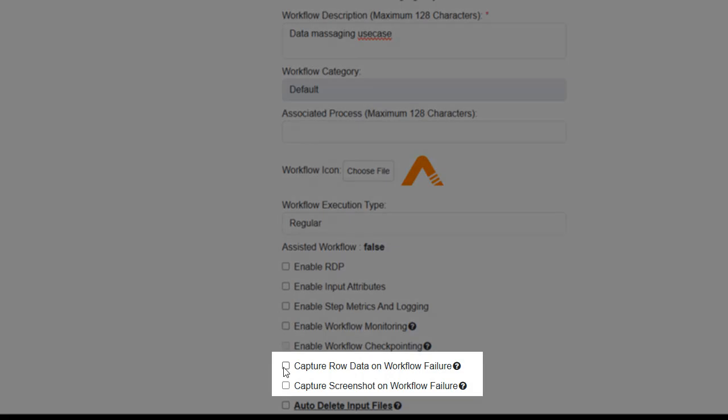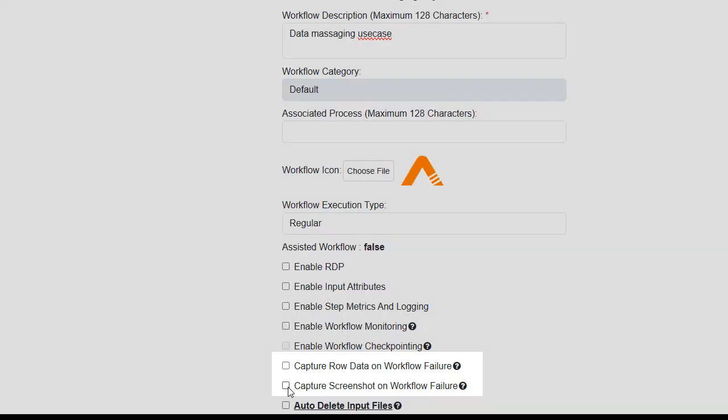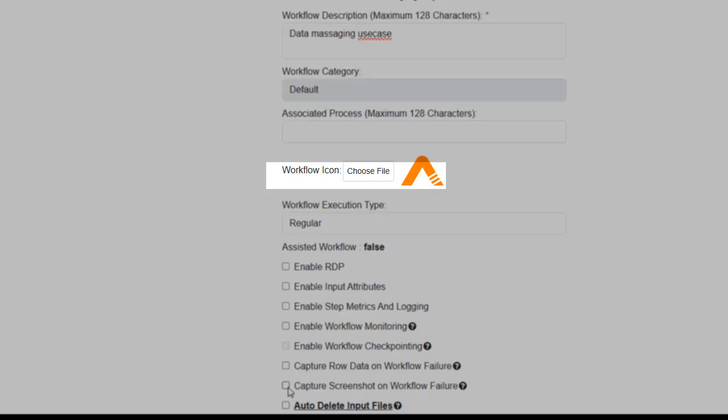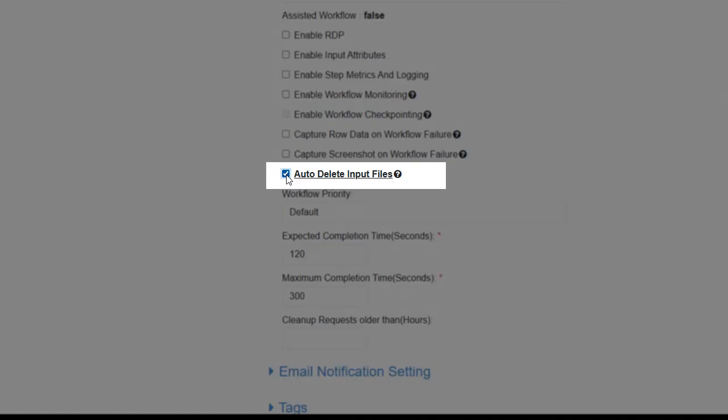We can select Capture Raw Data on Workflow Failure and Capture Screenshot on Workflow Failure checkboxes if we want to capture the workflow failure details and a screenshot of the error. So, if the email notification is set, then the users will receive an email with attachment containing these details and notifying them of the error. Select Auto Delete Input Files checkbox if you want to automatically delete the input files after